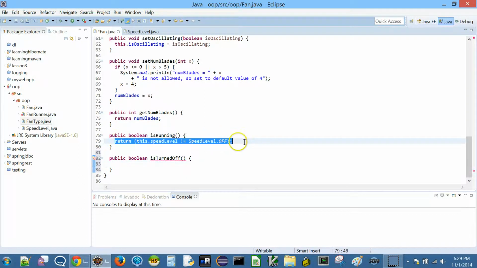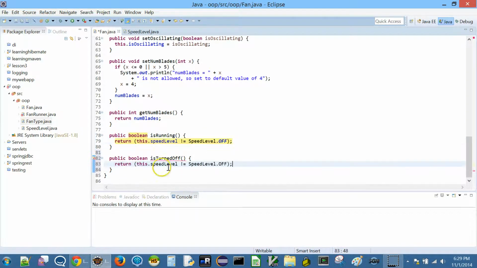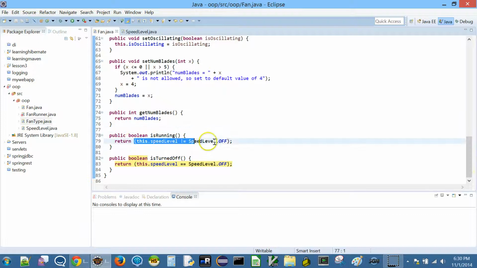Now is turned off is just the negation of this, right? So you can just return equal to off, right? So if it is off, obviously it's turned off. Fan is turned off, fan is running, right? Now we are doing 2 checks. Instead you can just reuse the method. For example, this method can reuse not is running, or this can use not is turned off.